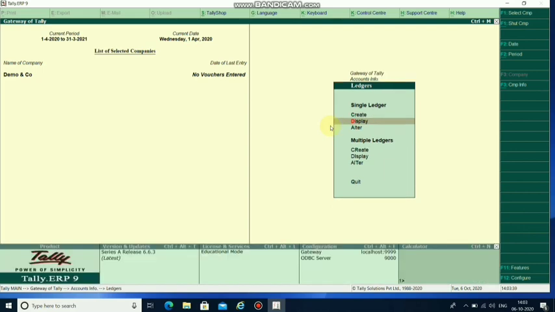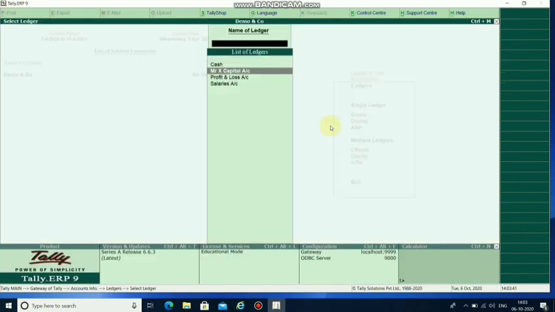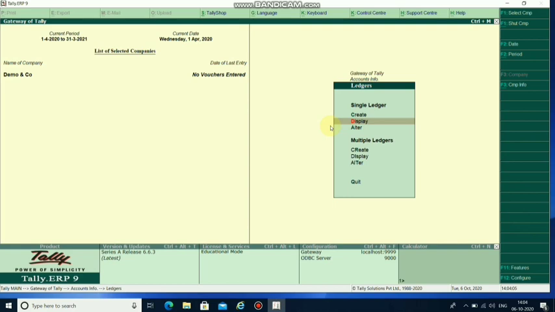and display. As of now, I have created two ledgers. By default, we have a cash account and a profit and loss account in Tally ERP9, which we do not create, but they exist by default in this application. All other accounts we have to create. This is the display, just viewing the list of ledger accounts which we have created. Escape